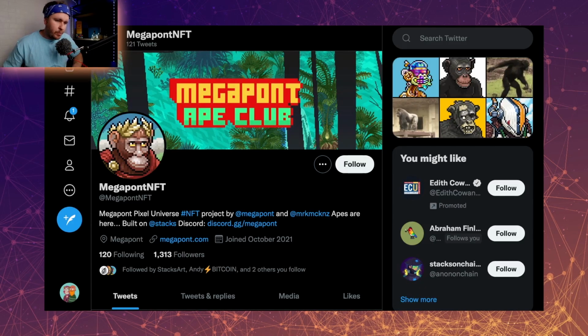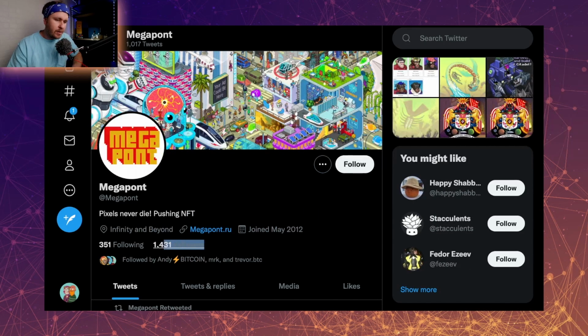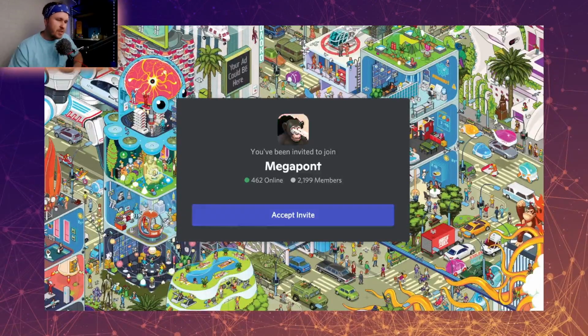And because these are the OG projects on the Stacks network, these will hold more value than some of the other releases that come after them. To reiterate this point, Megapont Ape Club has 1,300 followers on Twitter. Their parent account has 1,400 followers on Twitter. When we have a look at their Discord, they've got 2,200 members. If you saw these numbers on an Ethereum project, you wouldn't think it would succeed, you would think it would fail, but the community is so tight and so supportive that these projects are almost getting to a point where